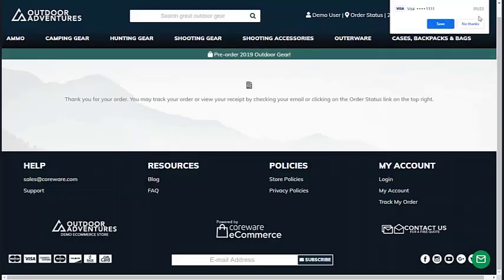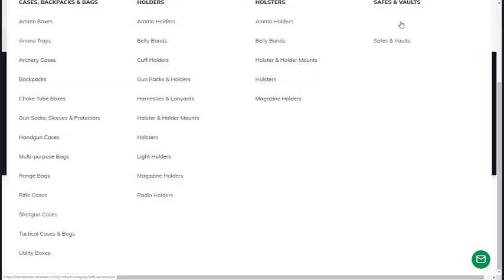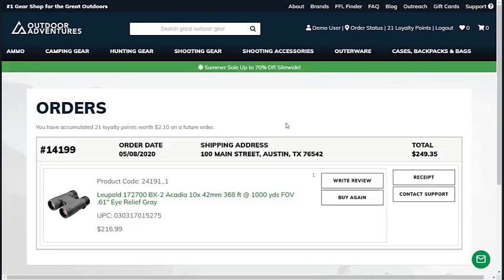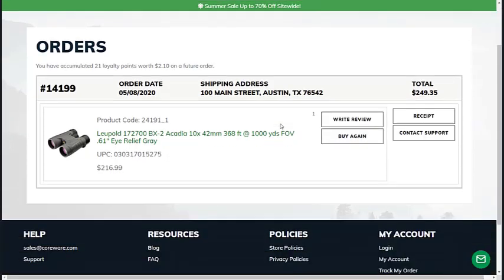And as soon as that order is placed, you will see that I've got my loyalty points showing. So the neat thing is, the customer can actually immediately see what their balance is of their loyalty points. They can also go into their order screen, and it will show them how many points they've accumulated and what the value of the points is. So if you remember, I set up the value to where basically it's 10 cents,